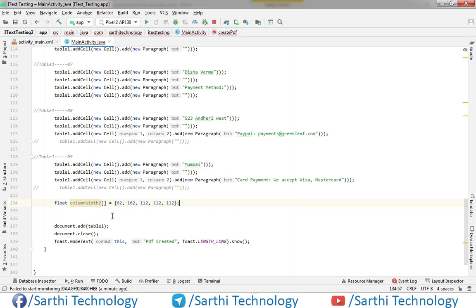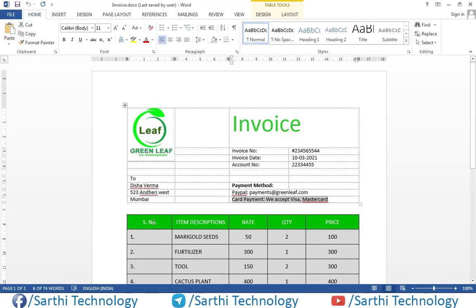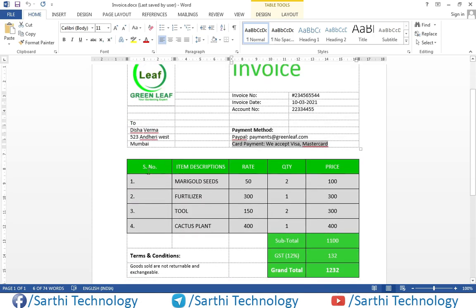Okay, so we have 5 numbers and these 5 will be used here: 1 2 3 4 5. Okay, so this will be a little bit smaller than the others.